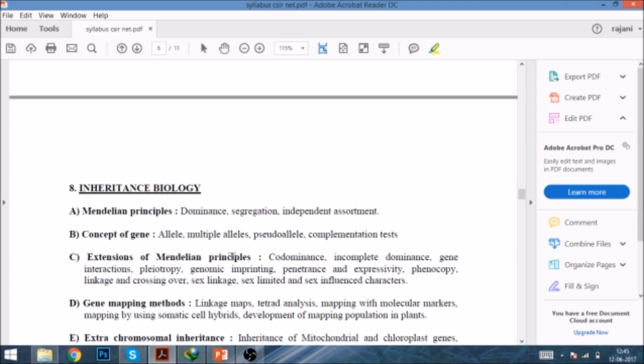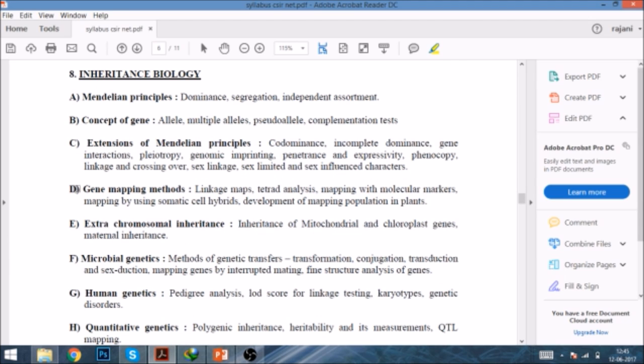Next, BMR: go through the simple definition of BMR, basic metabolic rate, and the formula involved with the BMR. And the next topic is inheritance biology, based on genetics. Basically, you can revise it from any of your books or notes: what dominance is, what independent assortment is. These things are always in our mind, but some tricky questions are asked based on the